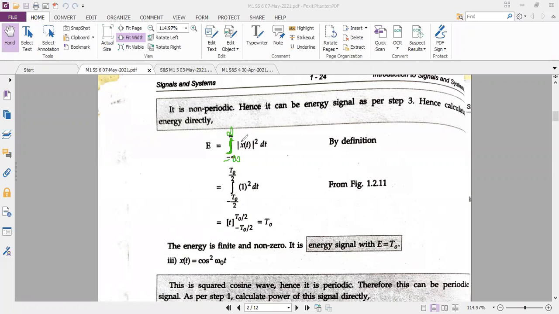You know what the value of x of t is? Magnitude: if it is minus 1 also, you have to take it as 1 only. For that reason they have given the magnitude. But by default, all our questions will have the value plus 1, so we will not use the magnitude much. In rare cases, if the value in the given question is minus 1, then when you take the magnitude, it becomes plus 1. So the whole 1, the whole squared, with limits minus T naught by 2 to plus T naught by 2. 1 squared is 1 only, so you are going to perform the integration with respect to only dt. Can you try the integration, substitute the limits and get me the answer, everyone?